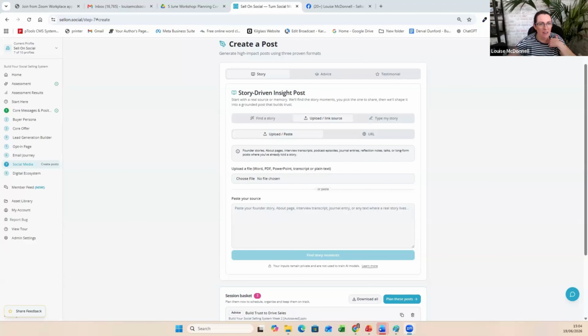Okay, so here we have step 7 of the Sell on Social platform. Step 7 is where you create your social media content. Now, when you're creating your social media content, it is more beneficial for you to have completed step 1, which